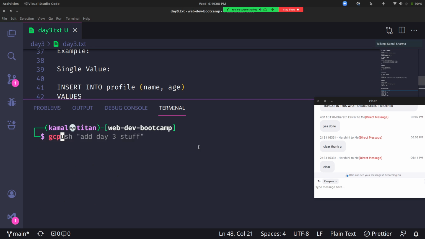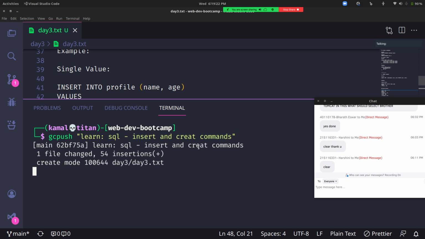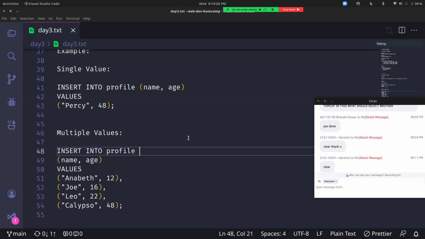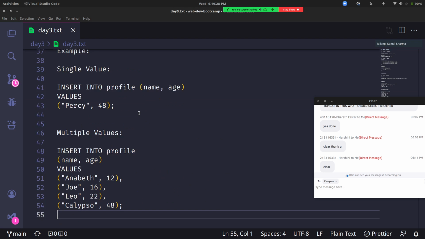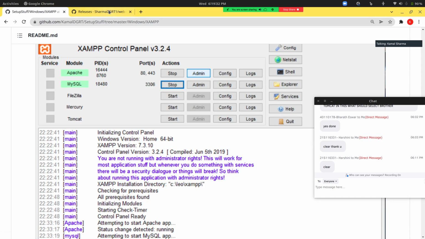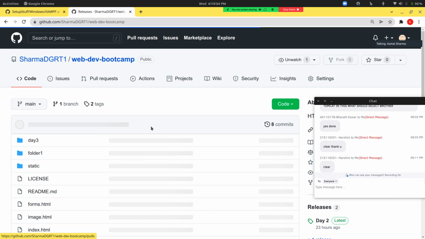Then I'll just push it to GitHub. Learn. What did we learn? SQL. In that we saw insert and create commands. So if you want to practice, you can just go to this particular repository and click on that.